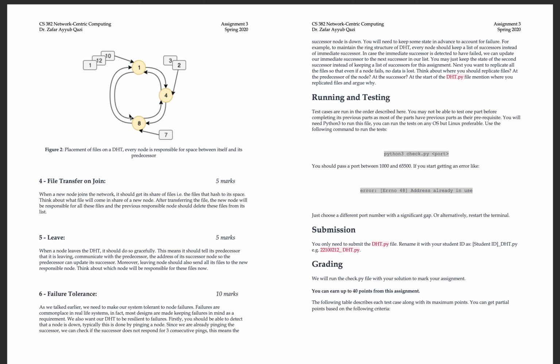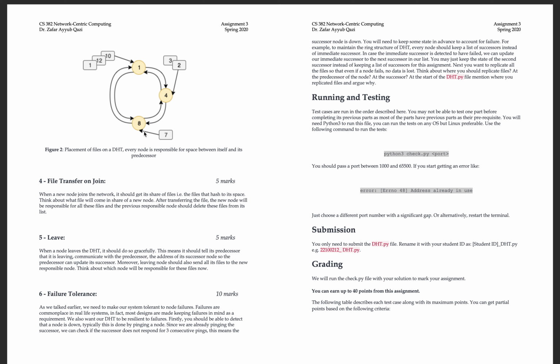Usually in DHTs or distributed systems, each node maintains a list of n next successors, so that if any k out of the next n nodes go down, it can call the k plus 1th node its successor.